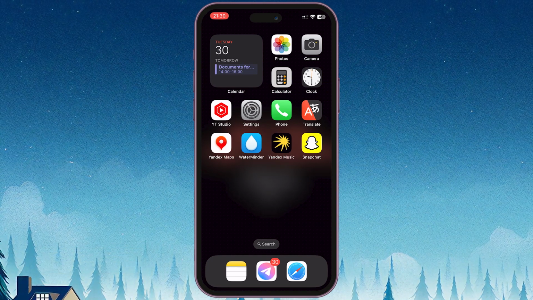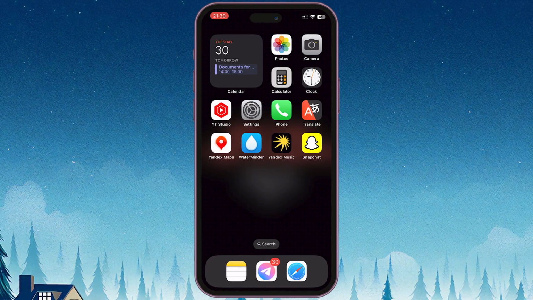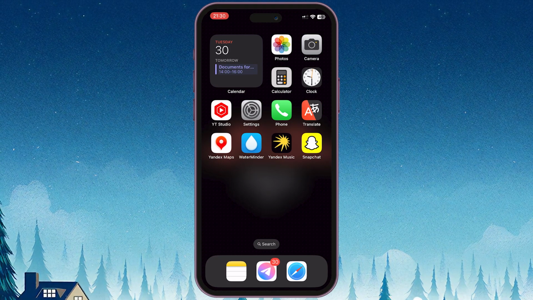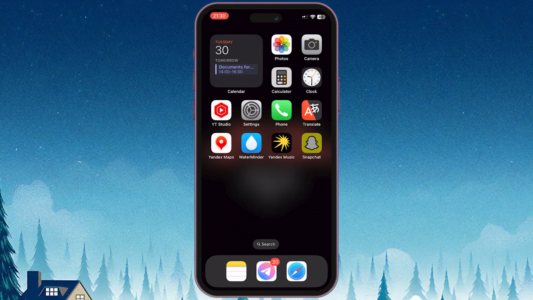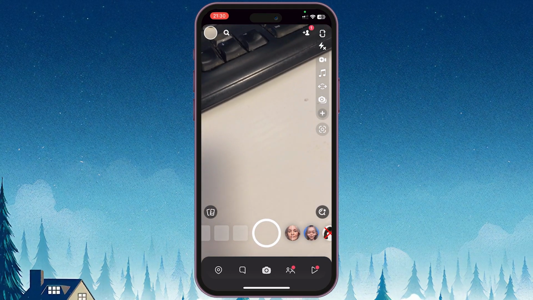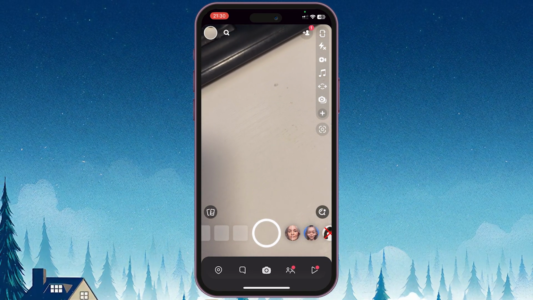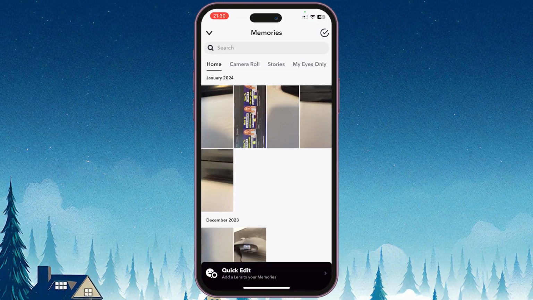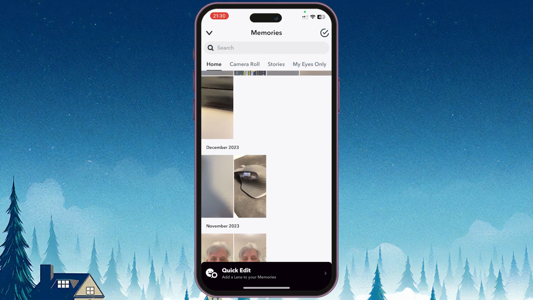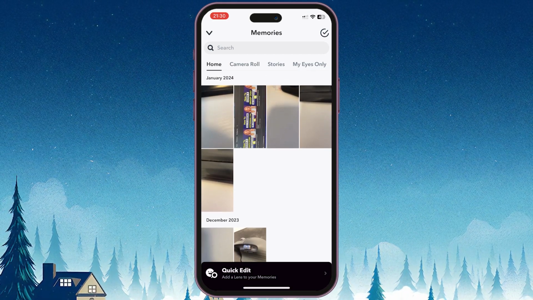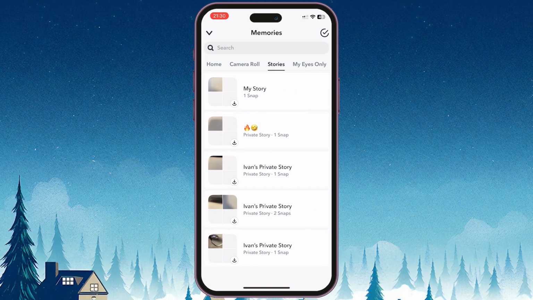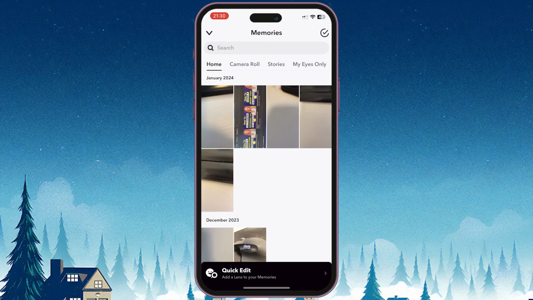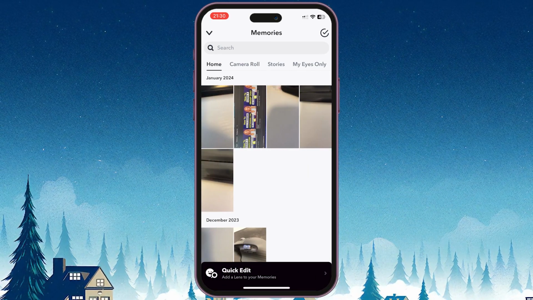First of all, let's open up Snapchat and see what memories I'm talking about. Open Snapchat and it usually opens immediately on your camera screen. You'll see two cards in the bottom left corner. Tap on them and various memories will appear on the screen: snapshots, camera roll, dreams, stories, screenshots, and My Eyes Only. If for some reason you delete your account or memories and want them back, I'll tell you how